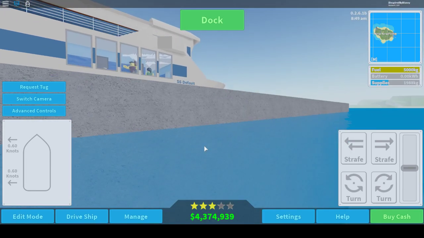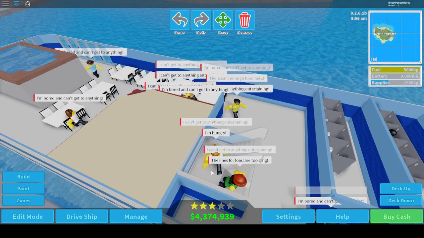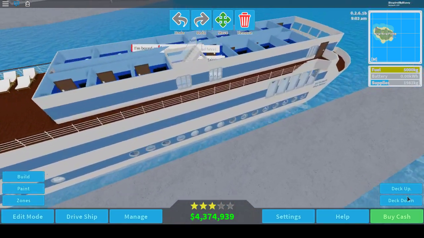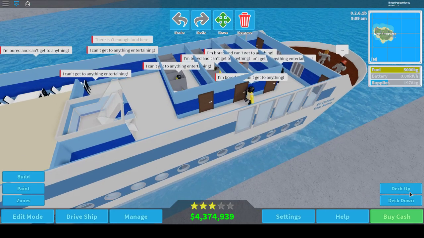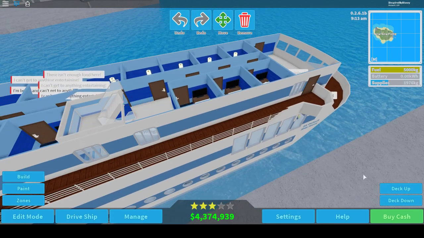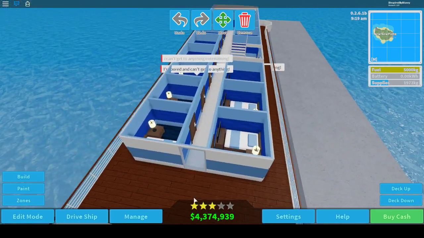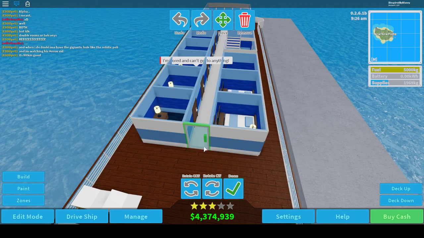Oh no, they're complaining. I'm bored and can't get to anything. But the pool's not even... Why are they complaining? I'm bored and can't get anything. But this is entertainment. Oh, I didn't put a door here. Alright, so we're actually going to switch this out with a door, and this should hopefully fix their...